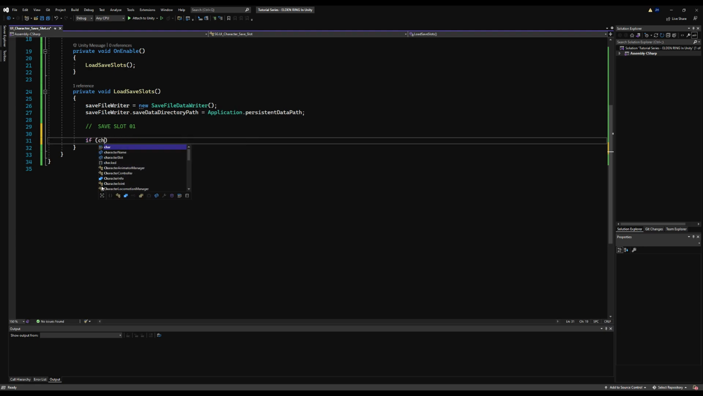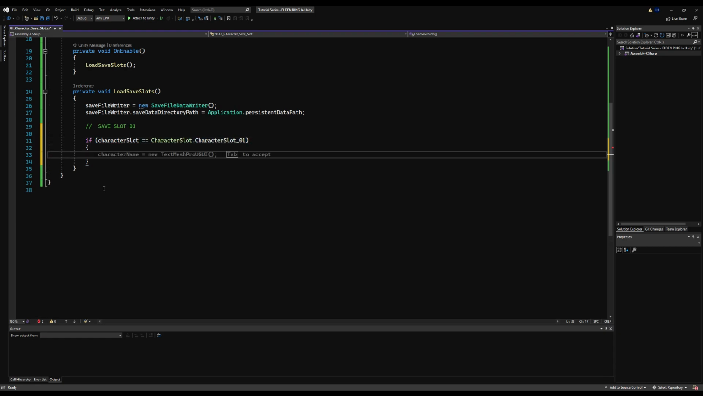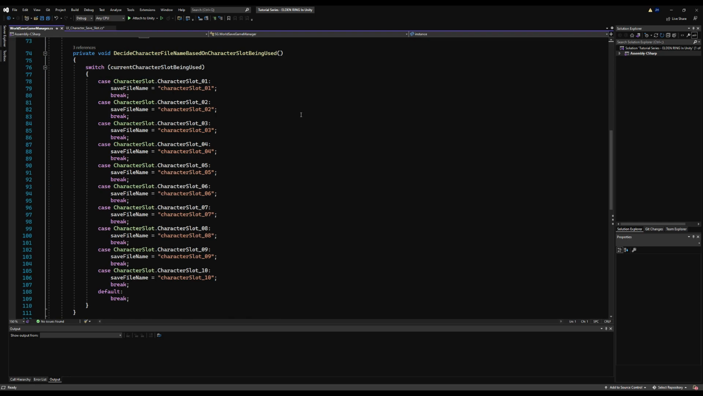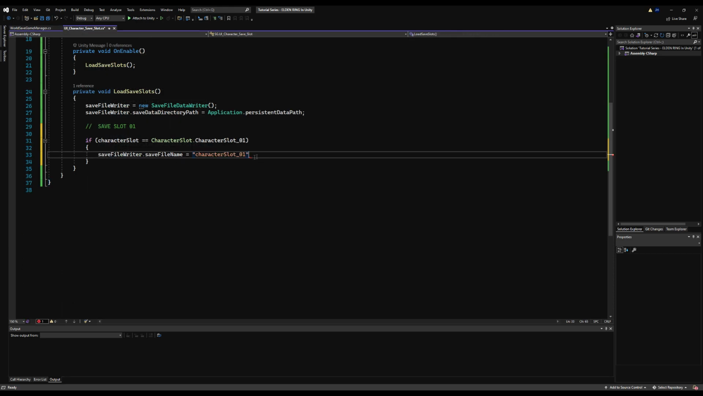over each of them. So I'm going to do that, but again, if you would prefer a switch statement, go for it. Both work and achieve the same goal. I'm going to say if character slot is equal to character slot 01, then we're going to do some logic. We're going to say save file data writer, the variable, not the actual component itself, dot save directory path is equal to application.persistent data. The save file name is equal to, and then if we go back over to our world save game manager, you can see here we're supposed to have these names identical,